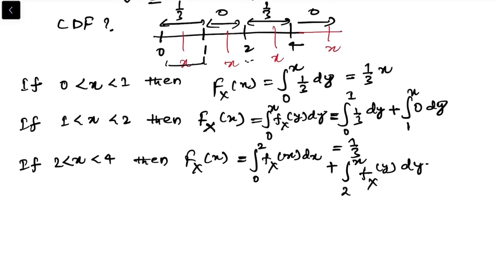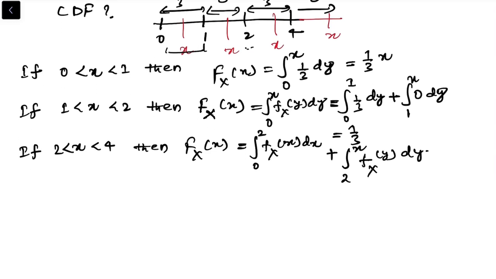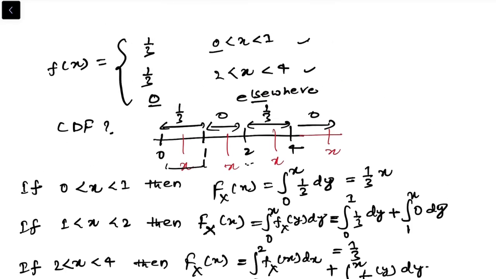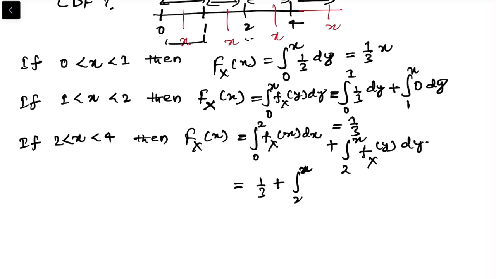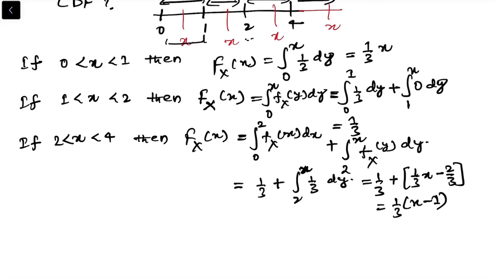Okay, so from 0 to 2, this is simply 1 over 3, right? So this is 1 over 3, and from 2 to 4, the PDF is 1 over 3. So this is 1 over 3 dy, and if you solve this, you'll get 1 over 3 plus 1 over 3 times x minus 2 over 3, and if you simplify this, you'll get 1 over 3 times x minus 1. Okay,